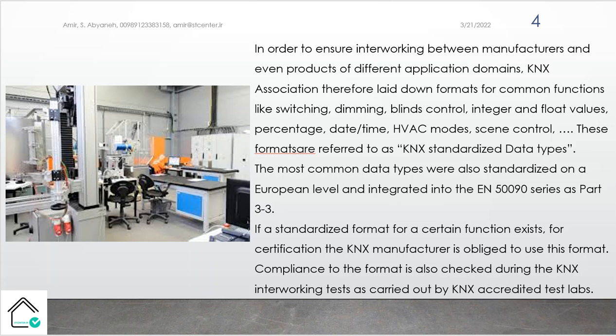The labs should make sure that everything is fine, and the standardized data points are provided by the devices for full interworking. Because of this, we can say KNX is an open protocol, because the products are checked for interworking.